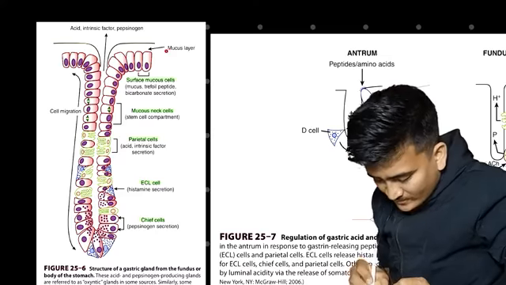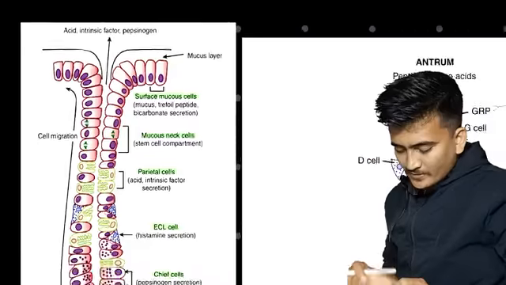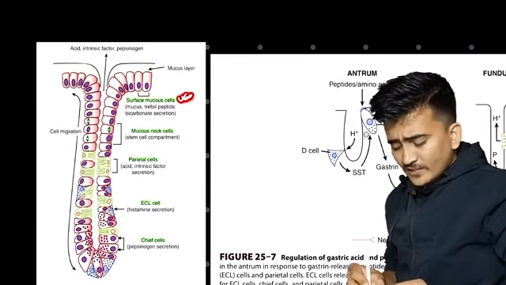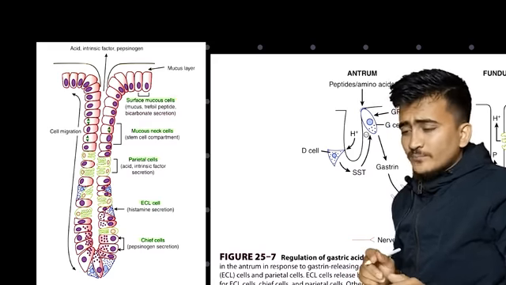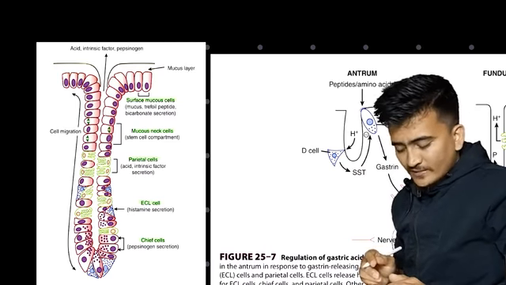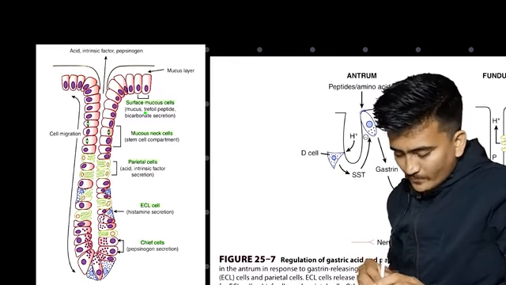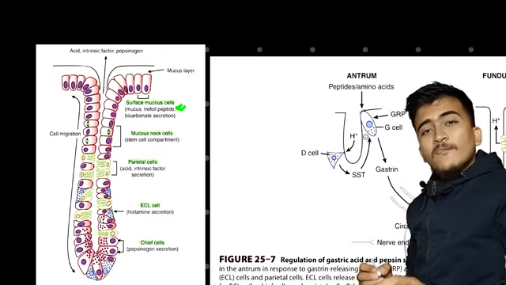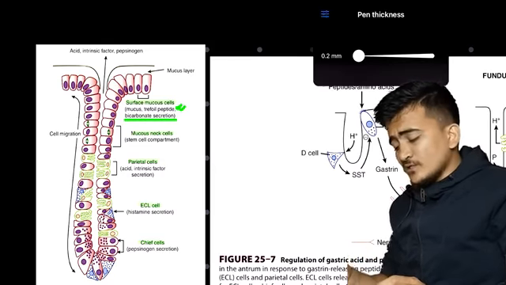We can see this is our mucous layer right here. You can see the surface mucosal cells right here. What were surface mucosal cells doing? They were secreting bicarbonate. And another important thing I forgot to mention is these are also secreting trefoil peptide. The importance of trefoil peptide is it helps in protection. And bicarbonate secretion, we already said, helps in